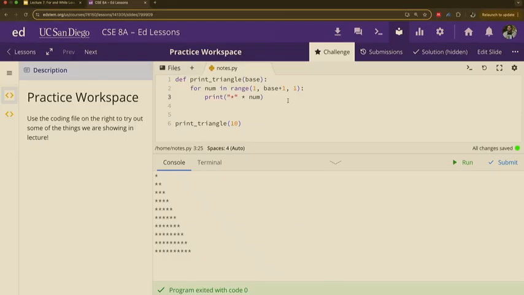Usually we would use the for loop right when we first learned about for loops. We used it a lot on lists, right? List of names, a wait list, a list of country names. This right here, range, is going to give you back a sort of list, where you're giving it the parameters of what this list is supposed to look like. I want to start at 1. I want to go all the way up to the number base plus 1, but not reach that number just yet. And I want to go up by 1 in each element. Okay? Does that make sense? Yes, no, yes, no? Any questions so far? No? All right, great.